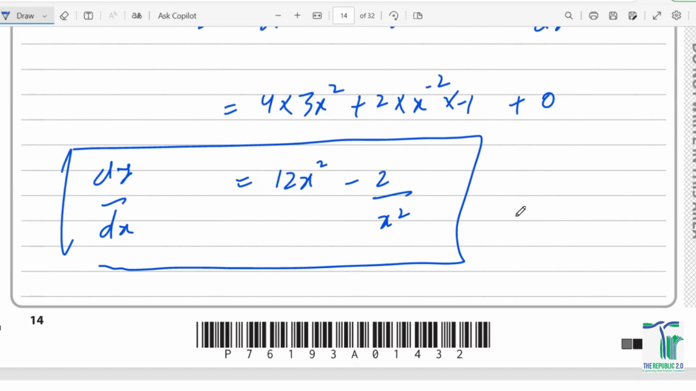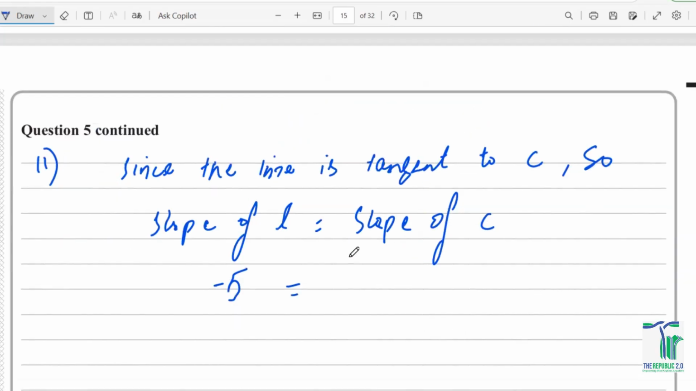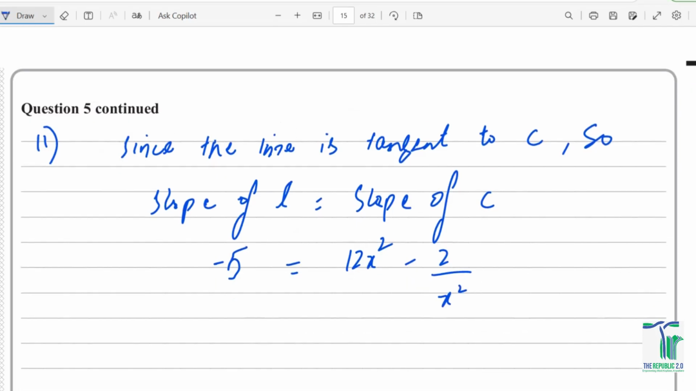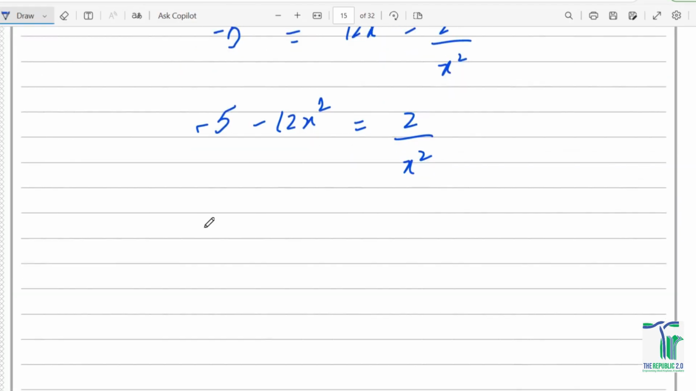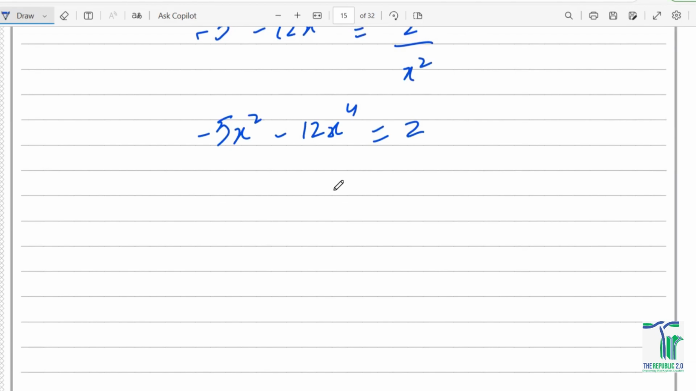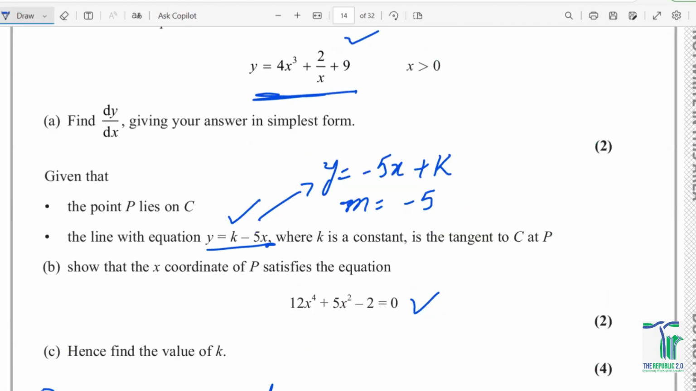And then the gradient, we just got that: 12x square minus 2 upon x square. I'm just going to simplify it down, and I would be having negative 5 equals 12x square minus 2 upon x square. Multiplying both sides by x square, I would be having negative 5x square equals 12x to the power of 4 minus 2. And now this equation can finally be written as 12x^4 plus 5x square